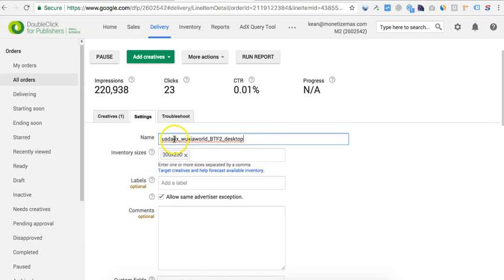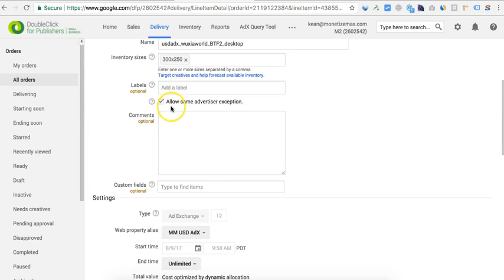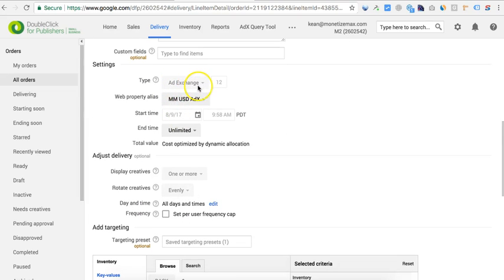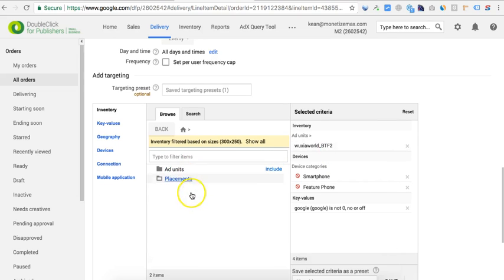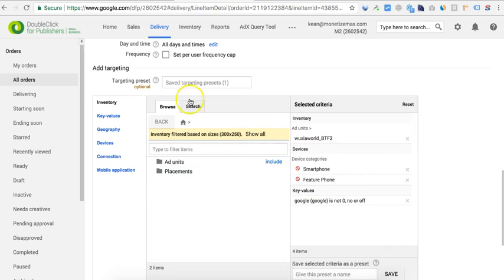So I just called it USD AdX, then the name of the ad unit and the device. Of course, the inventory size, and here you select Ad Exchange. And for the web property alias, make sure you choose the right account. Okay, so now I'm going to choose, of course, MMUSD ADX, target the ad unit, and we have another video